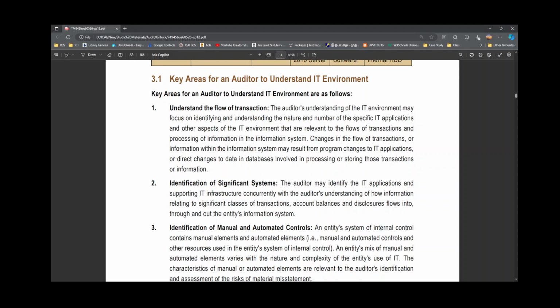So, understanding the flow of transactions. How is this transaction flowing, from its audit trail? Where does it start, where does it end? Who creates the entry, who processes the entry, who stores the entry, who analyzes the entry, where has it been stored, and who has the responsibility for retrieving and storing? Everything is seen in this transaction flow. In order to understand the IT environment,